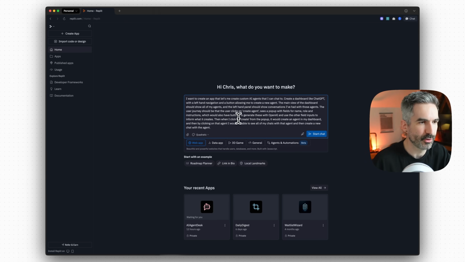instructions. And that would also have buttons to generate these with OpenAI and use the other input fields to inform what it creates. So I'm basically going to be able to generate custom system prompts for these agents using OpenAI. Then when I click on create from the pop-up, it would create an agent in my dashboard, and then by clicking on that agent, I'll be able to see all of my chats and then create a new chat